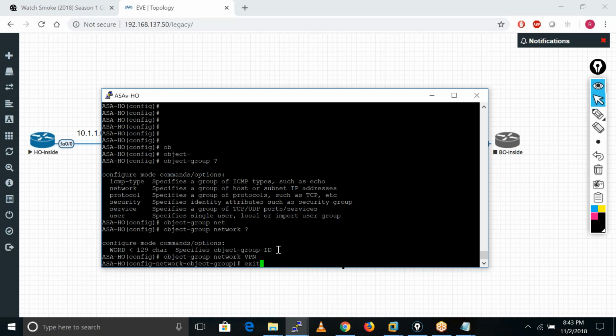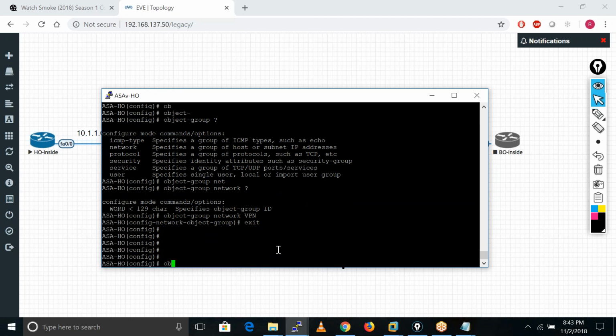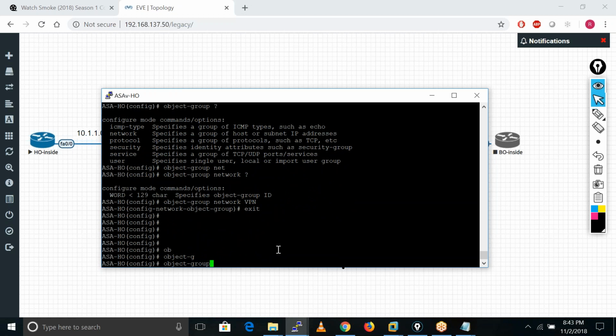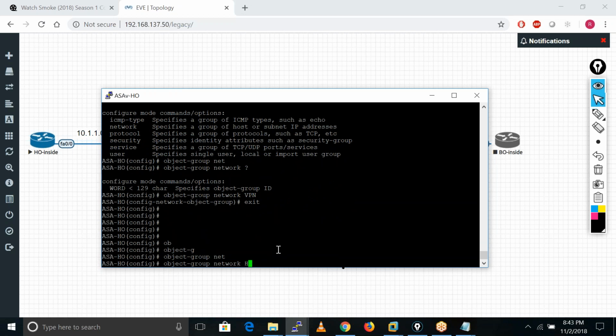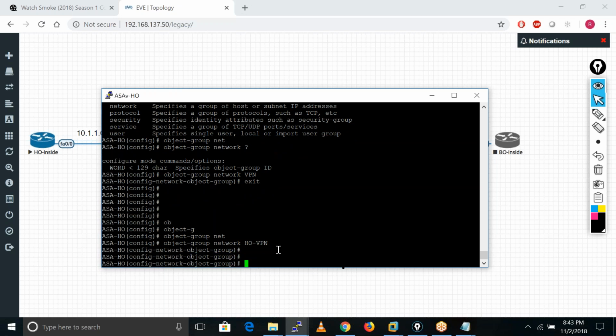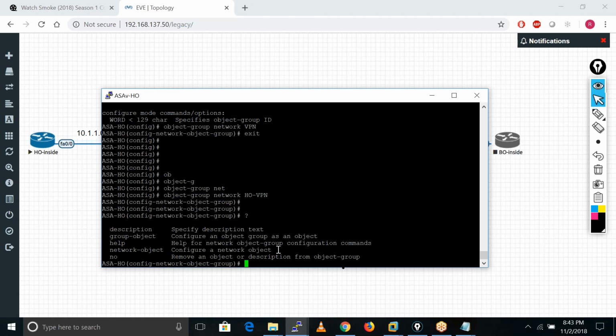Not VPN. Let me give some name like object group network. After that, I'll give the name like HO VPN. Okay, it makes sense. It's just a name. After that I'll define my networks. Okay,